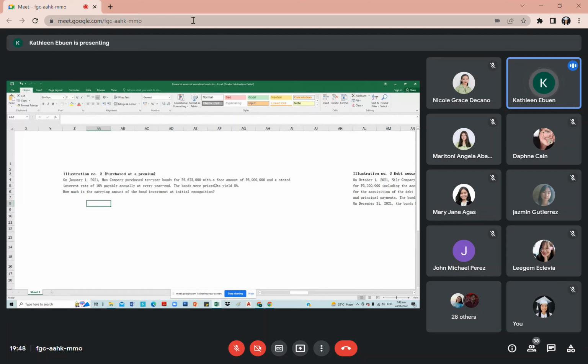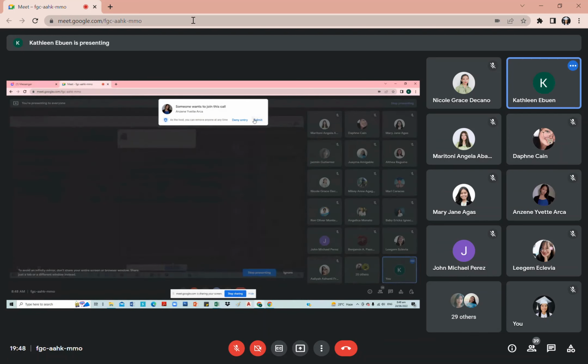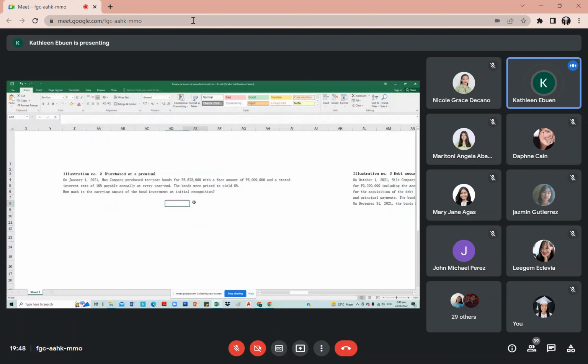5,675,000. So, at a premium, class, kasi mas mataas si issue price, no? Mas malaki yung binayad natin kesa dun sa marireceive natin at the end of the term. So, bakit pumapayag si creditor or si bondholder na mas malaki yung ibigay niya kesa dun sa marireceive niya at the end of the term? Okay, saan siya babawi, plus? Babawi po siya sa interest.